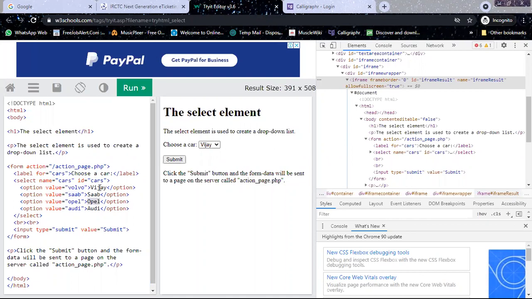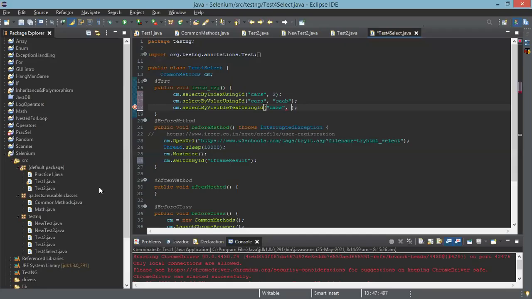Now you have changed it to Vijay. In real time, when it opens, it will be Volvo only. We cannot publish to their website now, so I'm expecting a failure here, that the particular option is not available.